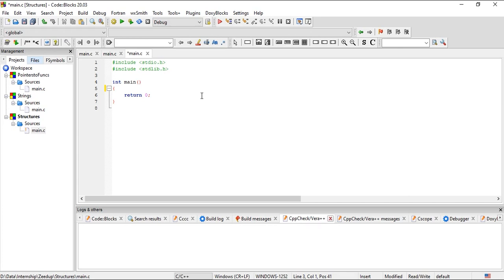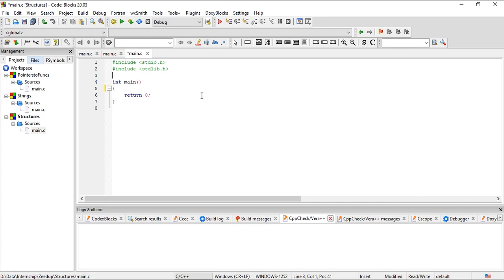A simple usage of a structure is in the place where we want to store data that is of different types. For example, if you are working in a company, you may want to store your employee record. Now, the most common fields in an employee record may be the employee ID, the name of the employee, the department of the employee, the number of sales or the total amount of sales done by the employee, etc., or the salary of the employee. So for that purpose, we need different data types like integers, characters, strings, etc. So for this purpose, a structure could be used.